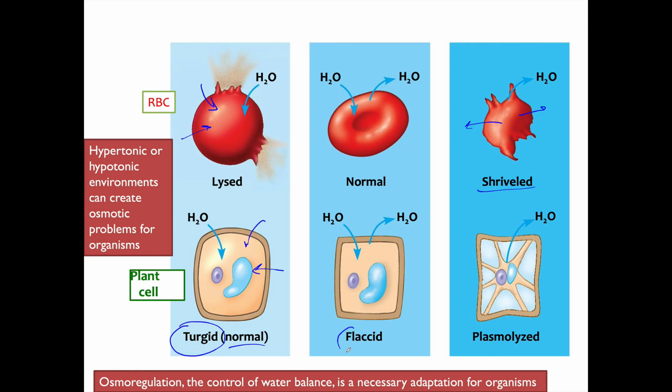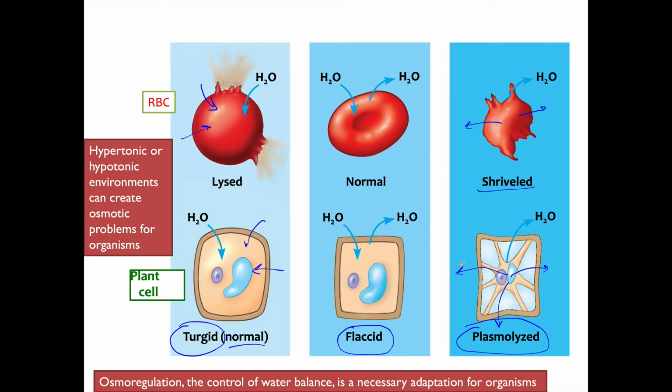Now, as you start adding stuff into the water, like salt, for example, notice that this plant cell here is not busting at the seams like this one over here. Instead, it's just kind of square, and it leads to a flaccid state where, overall, if all the cells in the plant look like that, it's just kind of droopy, not really that healthy looking, not vibrant. And then if I put a lot of salt in water and I give that to the plant, basically all the water is going to start leaving the cell itself, going into the exterior environment and pulling away from the cell wall, plasmolyzing each of the plant cells,